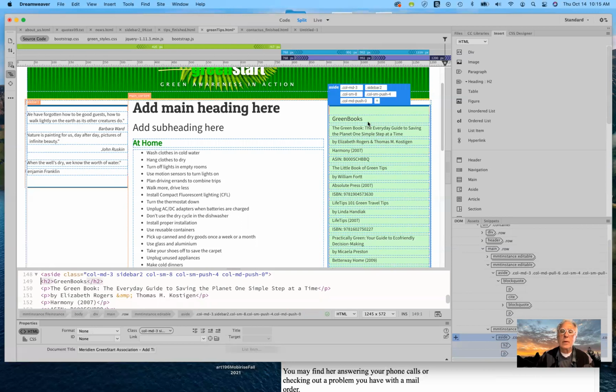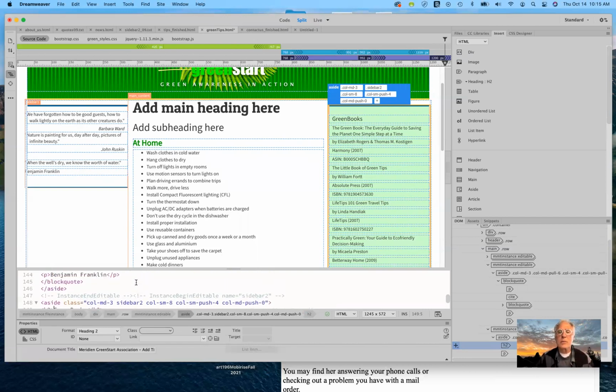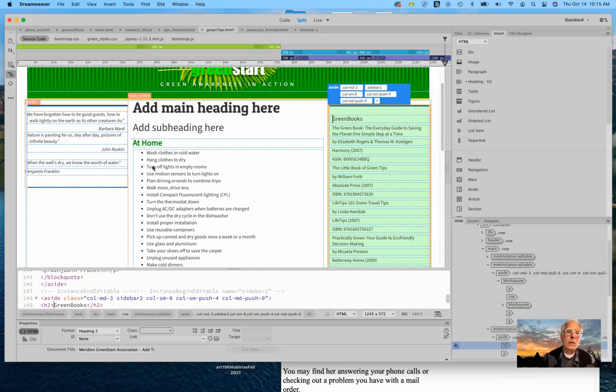Do I have anything up here? I don't think so. We'll see. If I look in code view, that's always something that you have to look at, and that works just fine. But I wanted to point out in this page where we used an unordered list